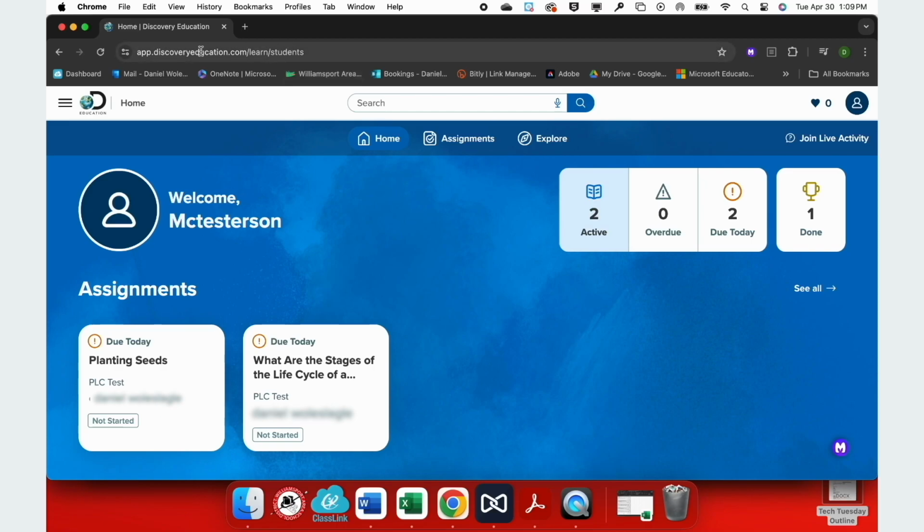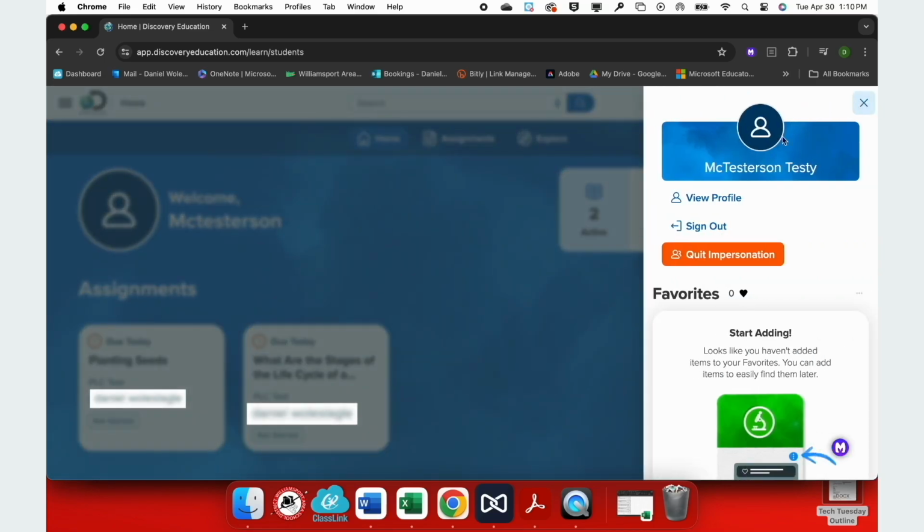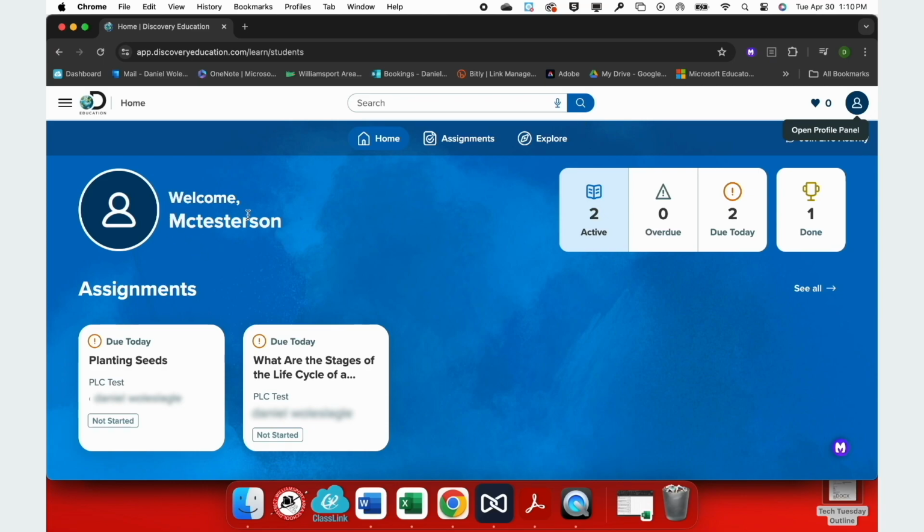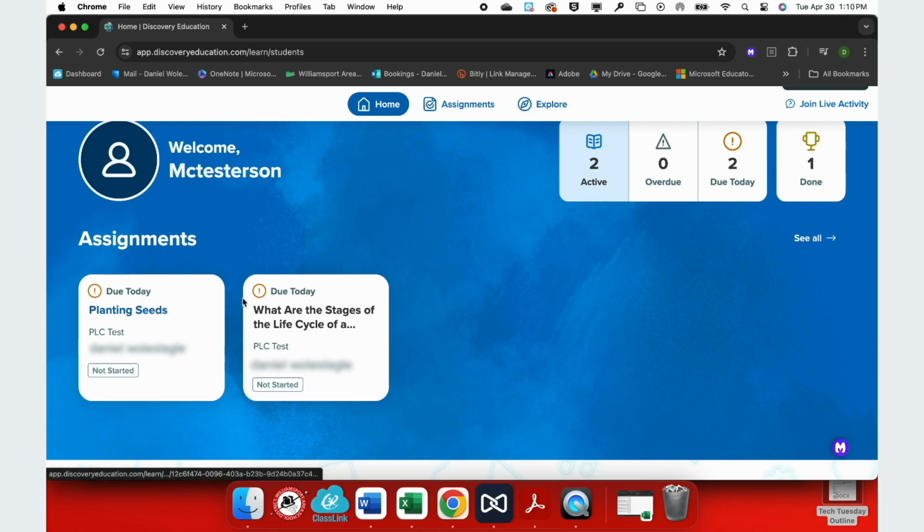When students first sign into Discovery Education, they're taken to their dashboard. Here they have access to their profile and any other information they might need to edit. This is a sample student that I created called Testy McTesterson. And here you can see the assignments that have been created and are waiting for this student, whether or not